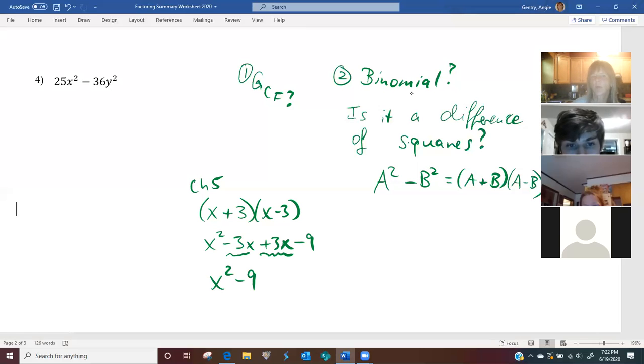And back then, if you had me in class, I would have said, okay, you don't have to memorize this formula going forward, because you can always FOIL. You see how here you can FOIL. But in reverse, you're going to have to learn the formula because you can't fix it otherwise. So